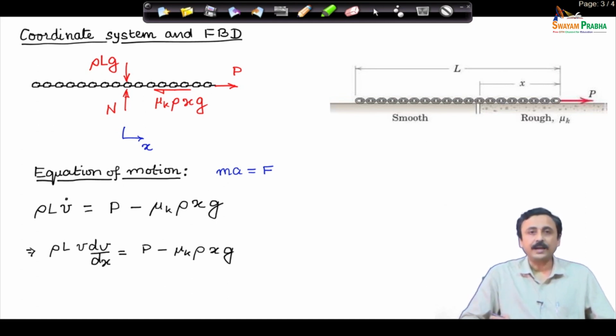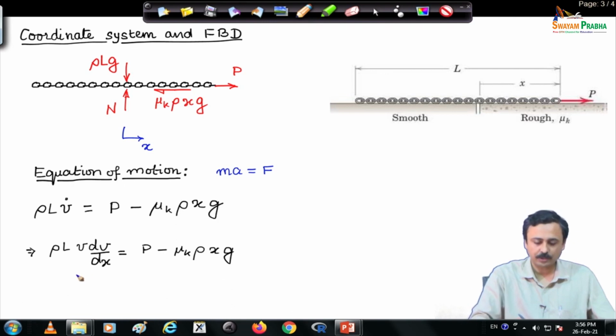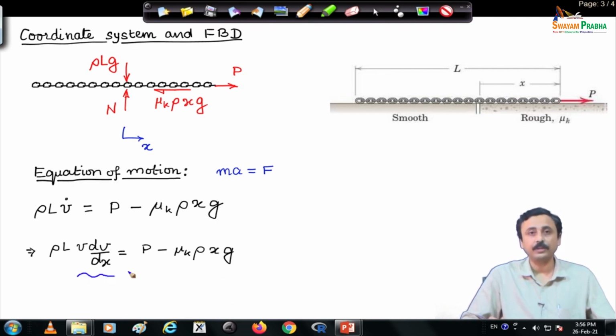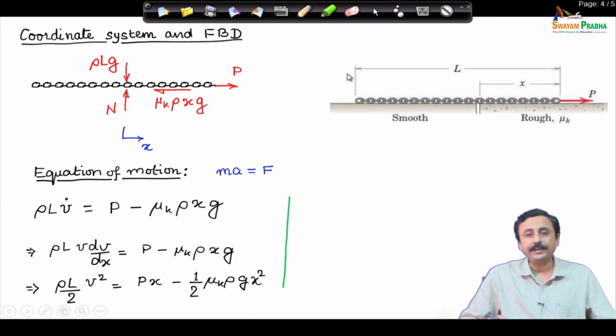Now, here you see that v dot, which is acceleration, is a function of x. Because it is a function of x, I transform the acceleration to v dv by dx. This we have seen many times before. If I integrate with respect to x, then on my left hand side I get v square by 2 times rho l, which of course remains, equal to P times x, since P is a constant, and for the friction term mu k rho x g, that becomes half of mu k rho g x square. So, that is the integration over x,